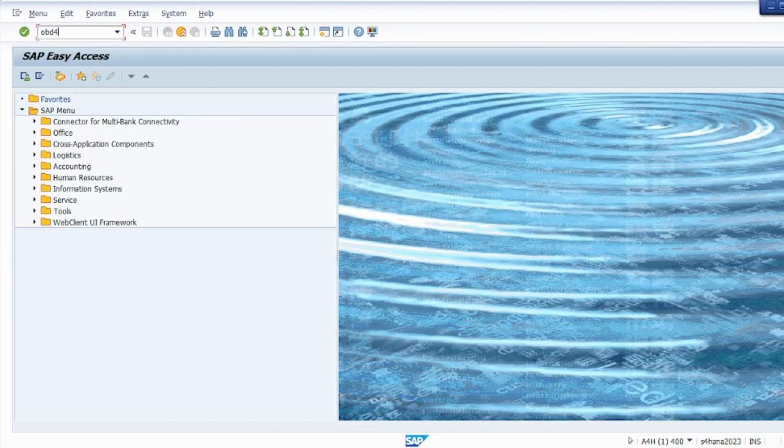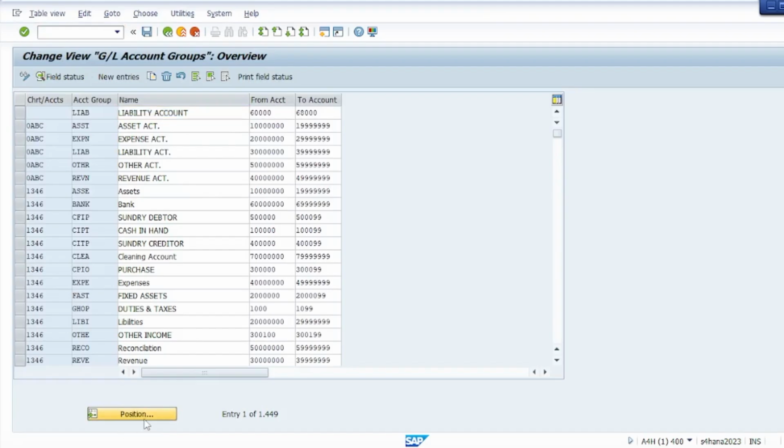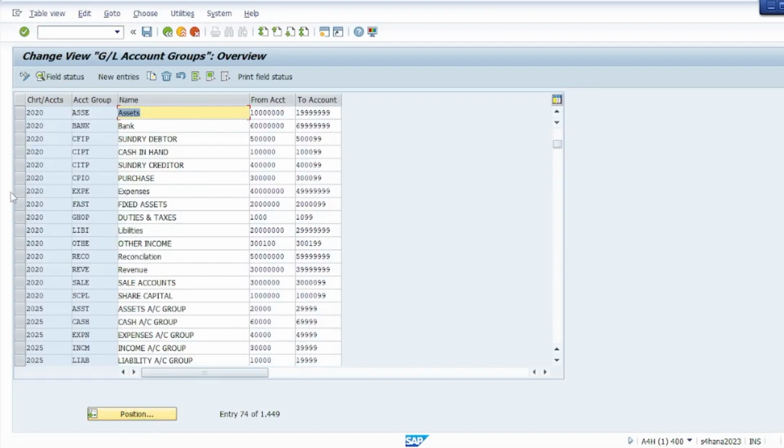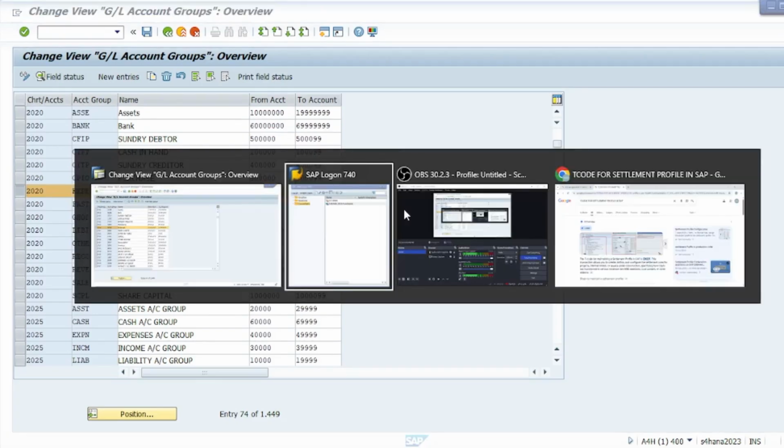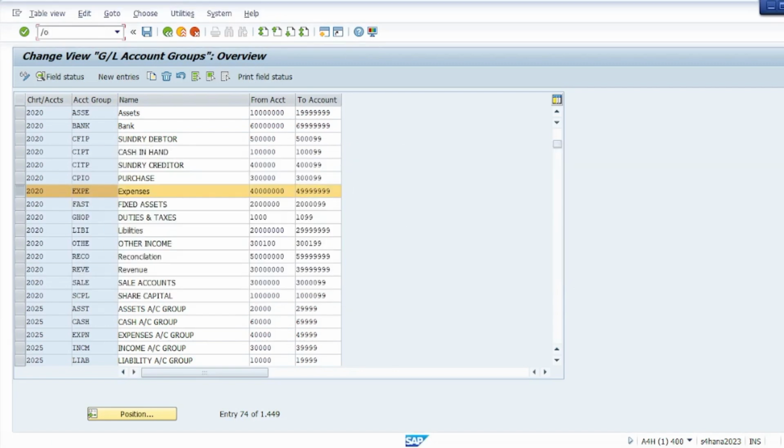OBD4, yeah, and here we would like to see 2020, and there is this purchase expenses, right? In 2020 he has created one group called expenses, other income, revenue, so many things. But yes, expenses start with 400 to 4999, right? So let's do a thing. Let's assign this entire range of elements just to avoid any kind of